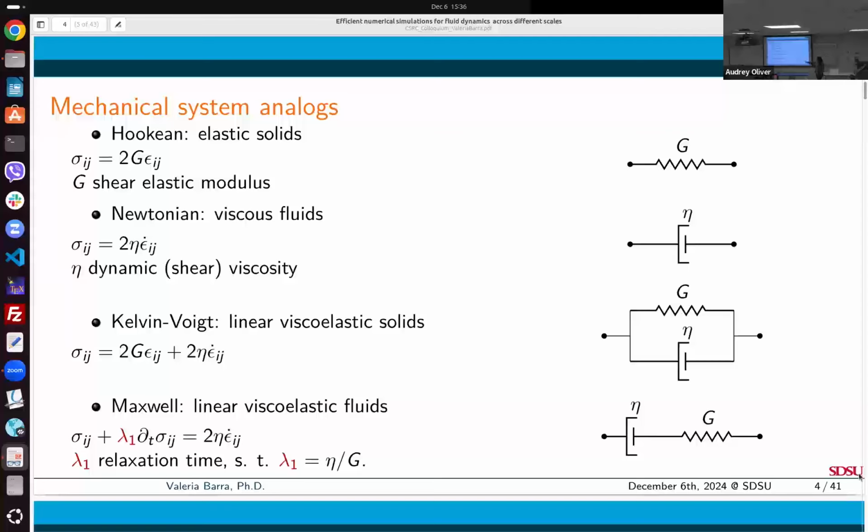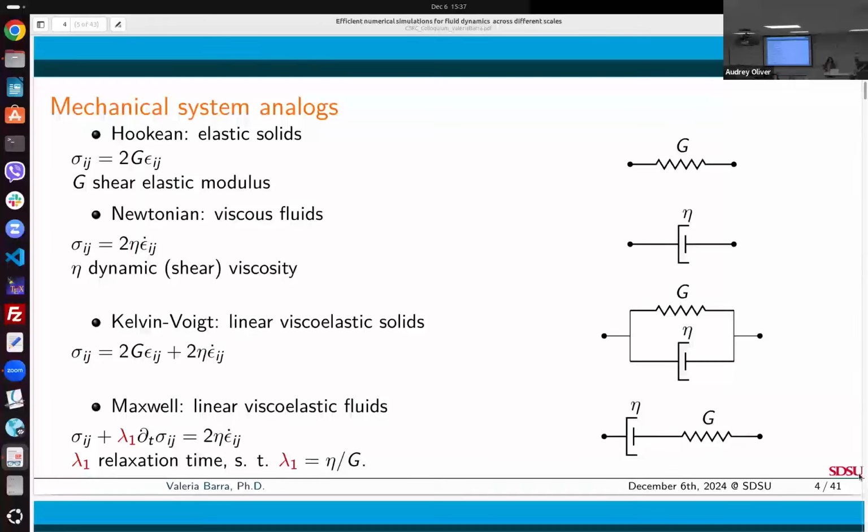And we see that the constitutive relationship has a time derivative of the stress tensor on the left-hand side. And there is also a lambda one that appears here, which is called relaxation time. This is a characteristic time of this viscoelastic material, defined as the ratio between eta over G. So here we see how we can build complexity of this constitutive relationship by adding more devices, either in series